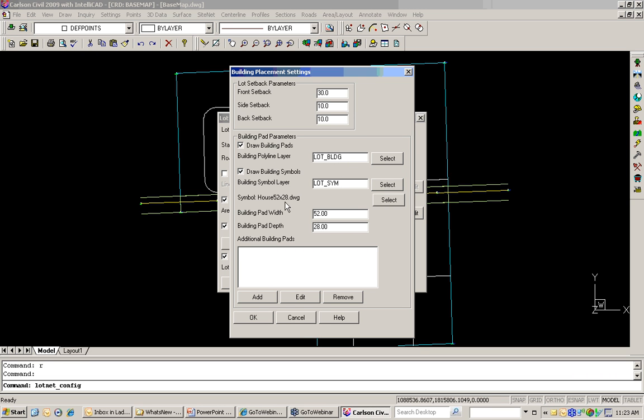I've got a symbol, and in this case I'm going to be placing a house symbol. So I've got a 52 by 28 foot dimension house, and we'll set that up with a building pad width of 52 feet and a depth of 28 feet. And if for some reason we can't fit a house that size on our lot, maybe we'll